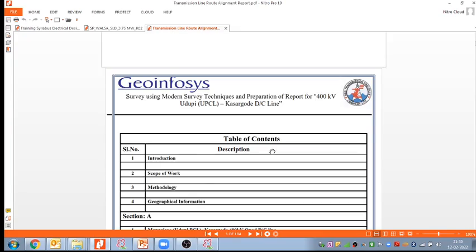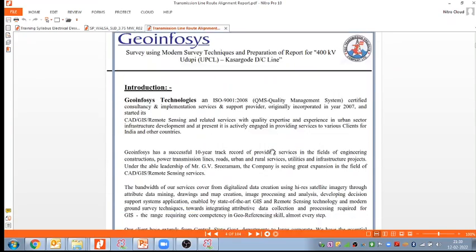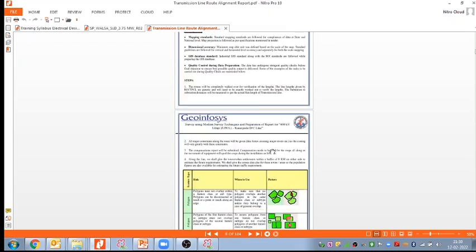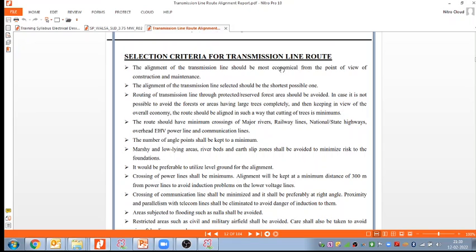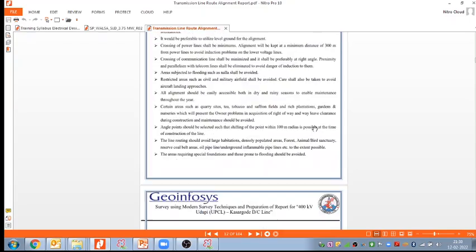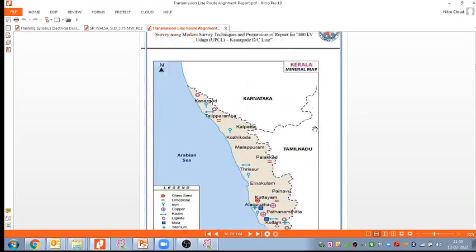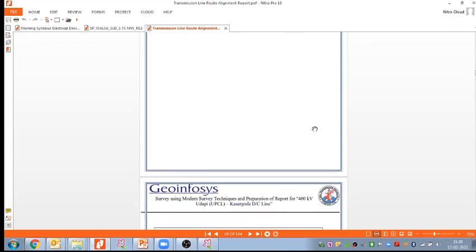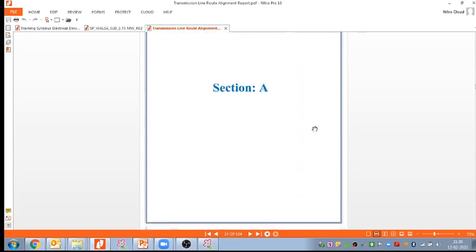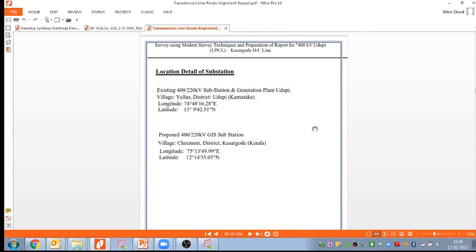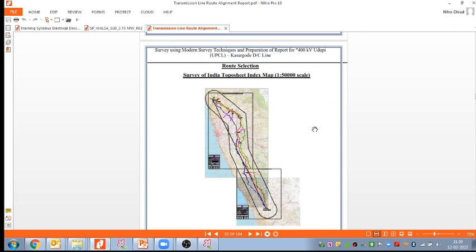Geoinfosys is the company that has done this route survey for the transmission line, and based on the route survey they will propose the transmission route, with selection criteria for the transmission line route. The alignment of the transmission line should be most economical from the point of view of construction and maintenance, and the alignment selected should be the shortest possible one. So based on the route survey, the surveyor will propose the possible routes for the transmission line corridors. Here we can see their proposals. This is one 400 kilovolt